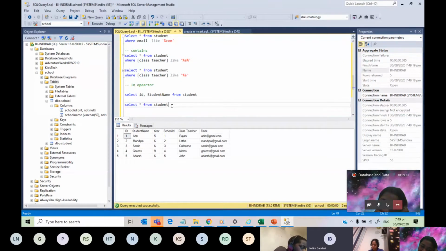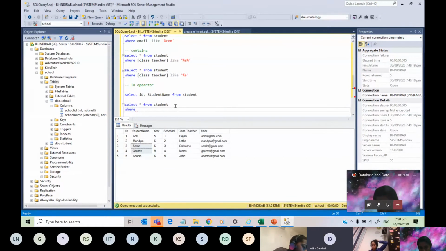We know the column name and we know the column value, and we want to get these two rows. If we know the exact names, then we use the in operator in the where condition. So how do we use that? Select star from student where,